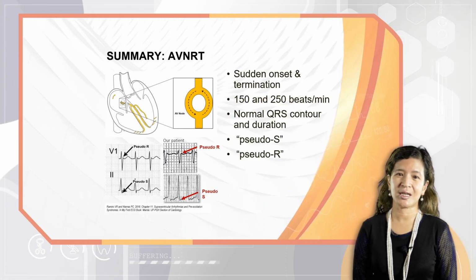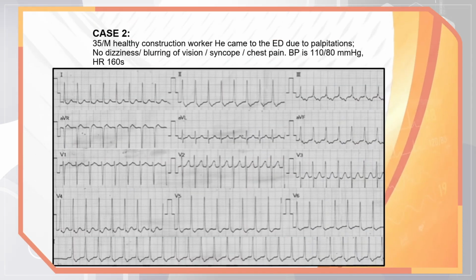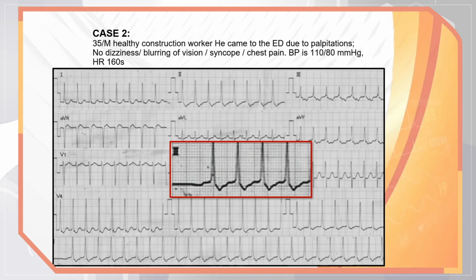Okay, now we can go to the next case. Case 2 for supraventricular tachycardia is found in a construction worker who comes to the emergency department for palpitations. He has no dizziness or presyncope, blood pressure is stable, heart rate is in the 160s. Again, like the first case, you see it's a narrow QRS tachycardia, and one has to strain really hard to find where the P waves are. Sometimes you may have to use a magnifying glass, like so. And here you can see that right after the QRS are inverted retrograde P waves, suggesting a diagnosis of supraventricular